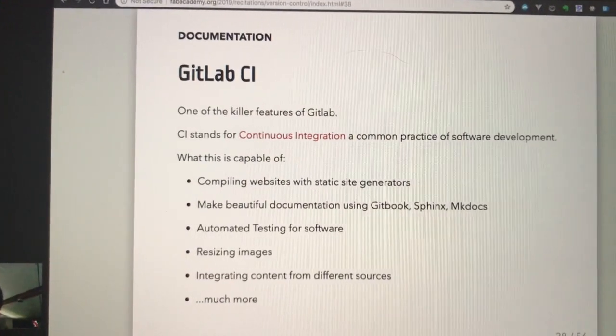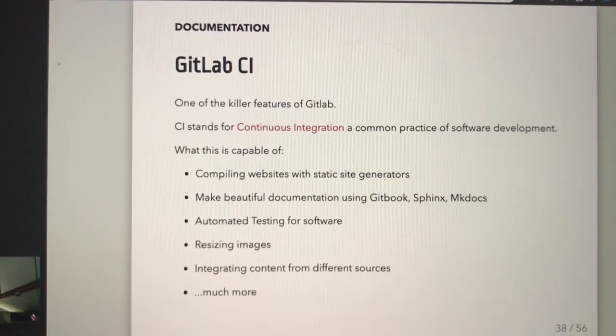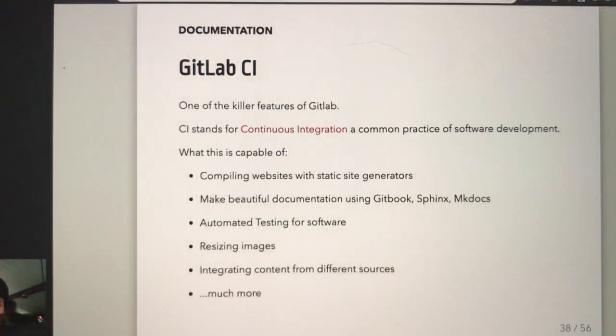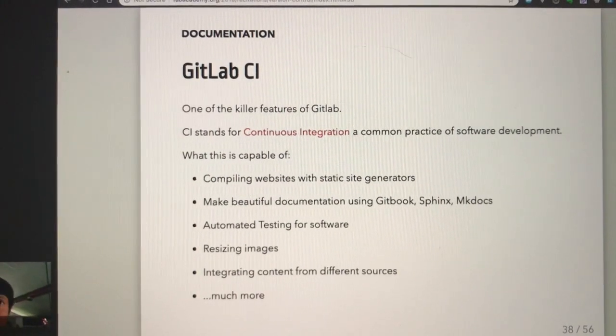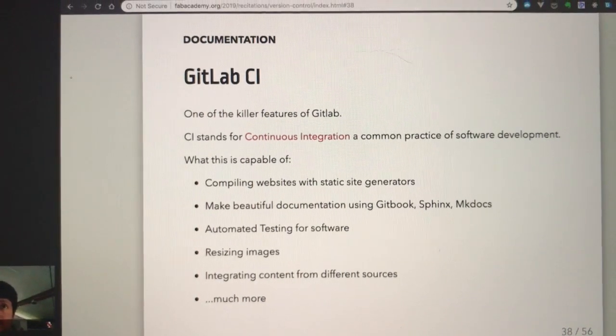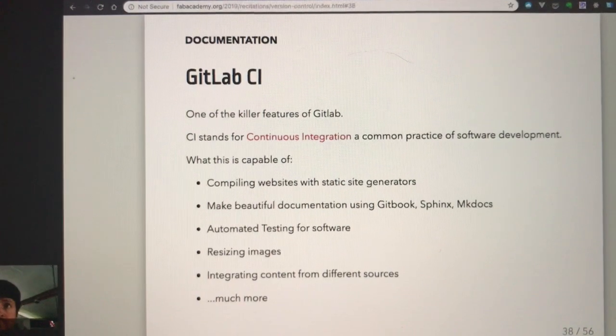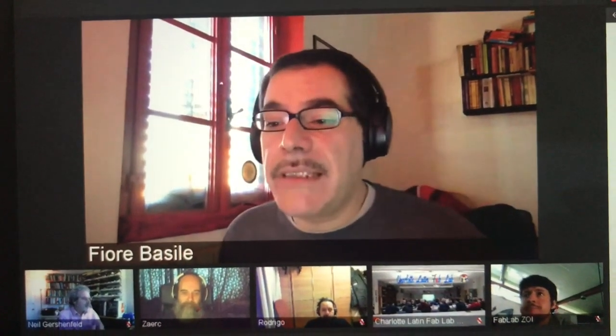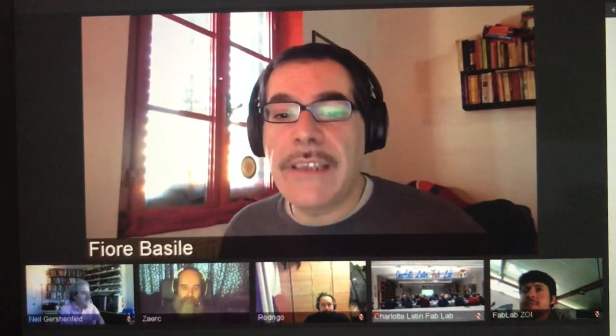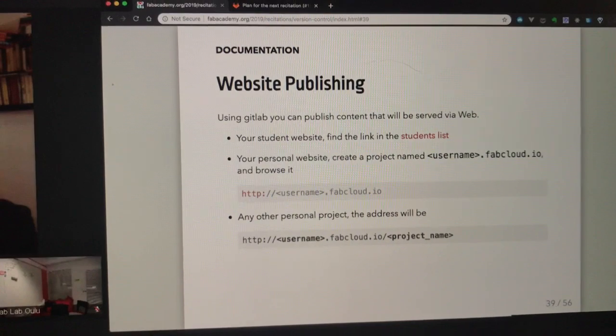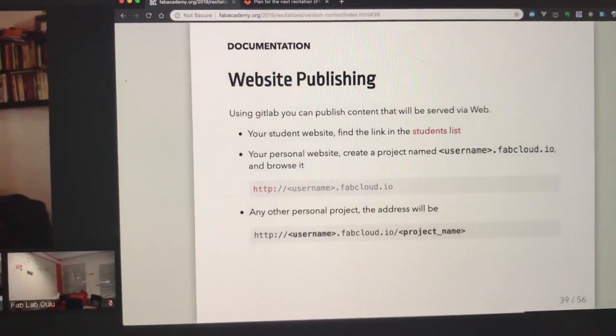Yep. This is probably the most important feature for me, for GitLab, for this collaboration, because it allows us to do a lot of things out of the content that we store inside GitLab. Imagine we have content, and logic that can be triggered every time we modify the content. So just to understand how powerful, we can take the example of website publishing. Listen to this, because this means free hosting